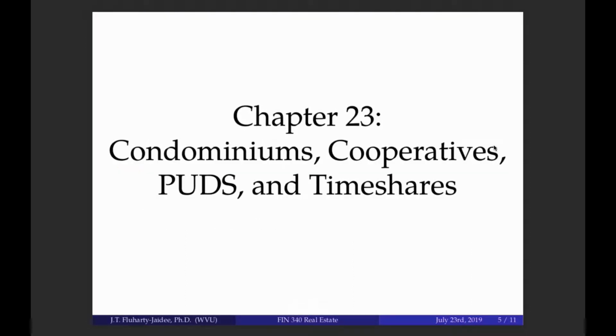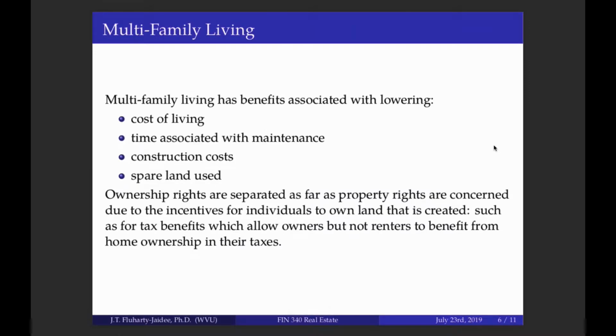Okay, chapter 23 is pretty short, and it just deals with condominiums and PUDs and timeshares. So condominiums are multi-family living dwellings and also are PUDs and timeshares. What they allow you to do is get a lot of people living in a small amount of space, which creates a very high density living area, reduces the amount of land that has to be provided for, and also reduces the cost of living, the time associated with maintenance of the property, construction costs since you can build multiple units on top of each other, and share multiple common things like buildings and water lines. And they also reduce the use of spare land, which could be used for more appropriate things such as agriculture